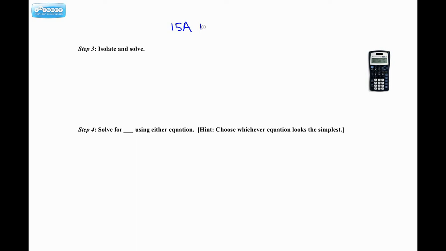So 15a plus 12 times 5643 minus a, and that is equal to this. I'm just copying it down again so I can see it. All right, let's solve for a. Here I'm going to apply the distributive law. So I'm going to multiply each item in the parentheses by 12. So that gives me 15a